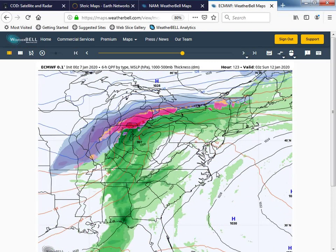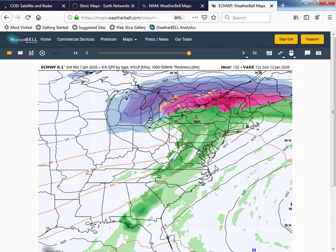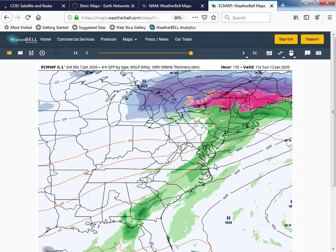And then Sunday, we'll see a cold front moving towards the region, possibly giving us some showers and even a slight chance of a thunderstorm for Sunday morning. Looks like those thunderstorm chances are fairly low, though, with this system and the timing during the early morning hours of Sunday. However, those highs will be in the mid-60s, and our record low on Sunday morning is only at